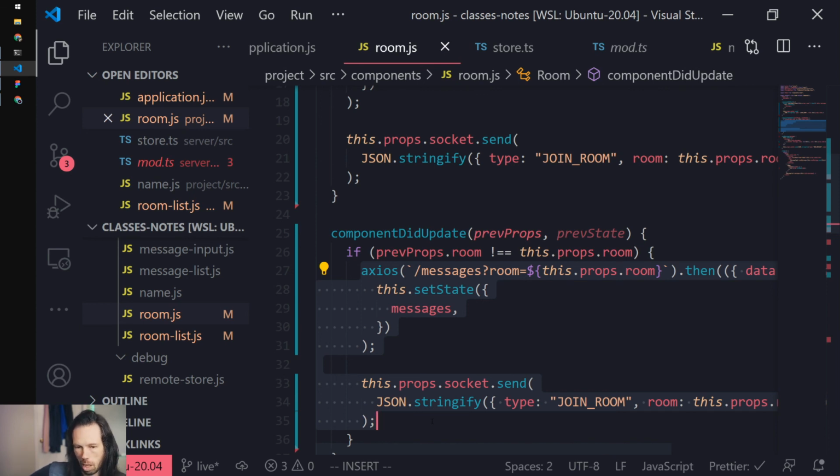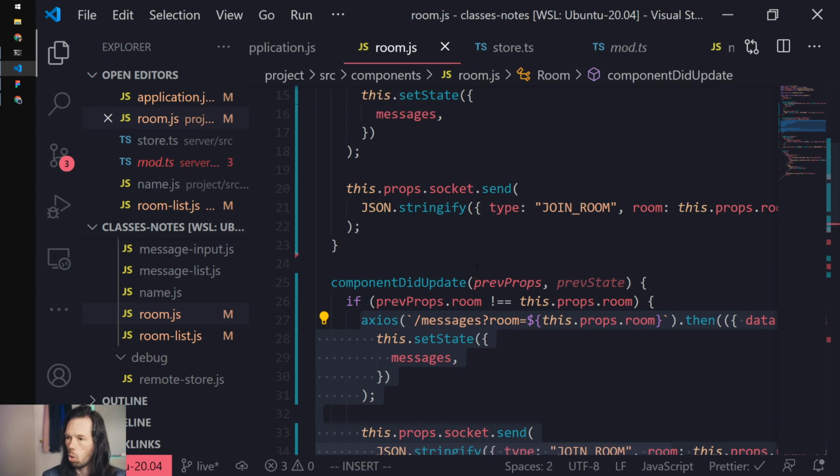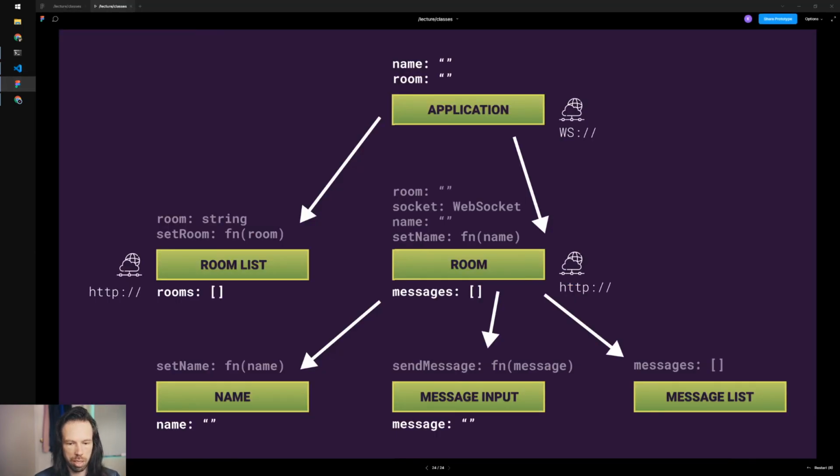I can say, I want you to update when this prop changes. Whenever room changes, do these side effects. That's what we get out of it. So you're going to see this a lot. And this is, again, one of the great benefits. This is why, when I talked about it originally,